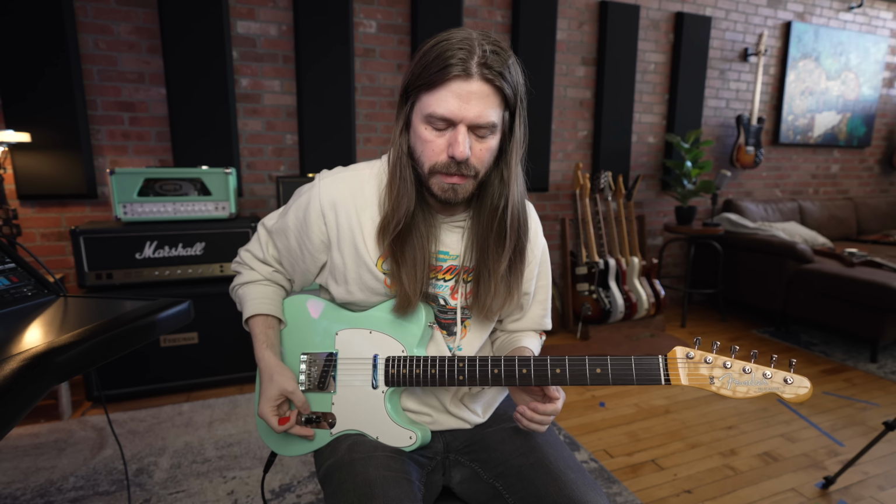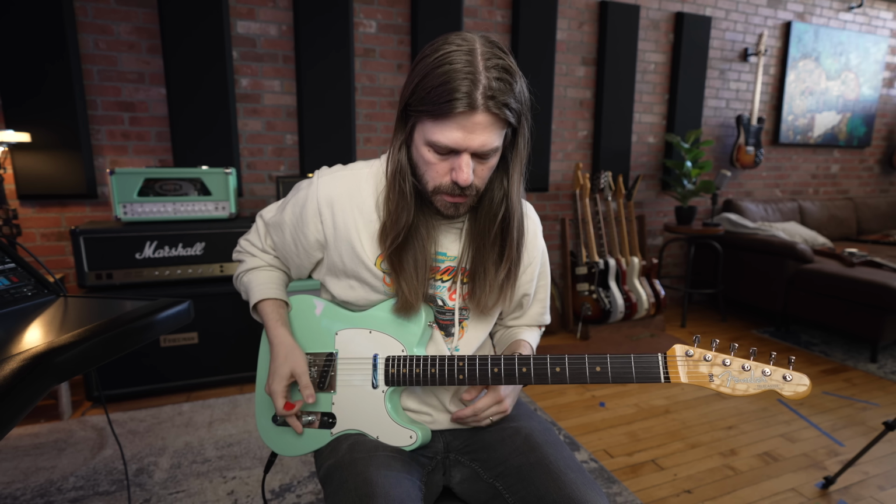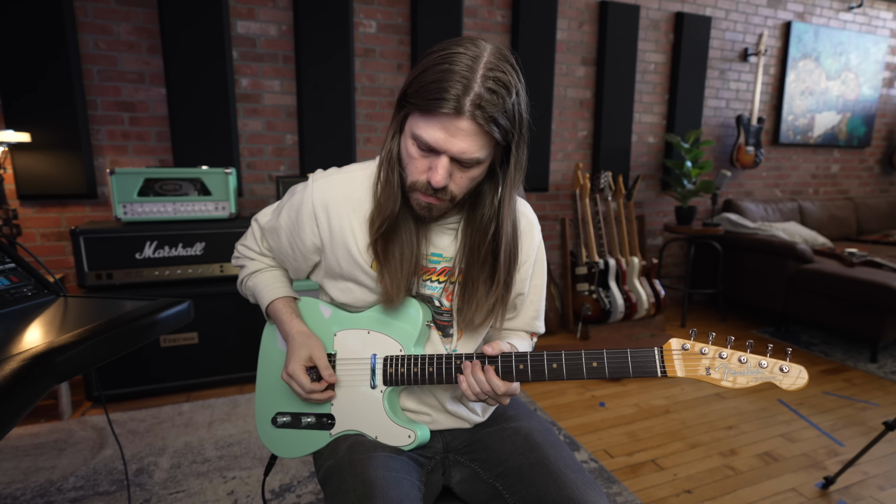Dynamics, touch, pick, fingers, where you pick, all of these things. I don't know if there's a more important thing here on the way you're going to actually be delivering and executing a lot of the stuff that we talk about here today. So just listen to a phrase and how many different ways I could play this. So I could easily go, you know,